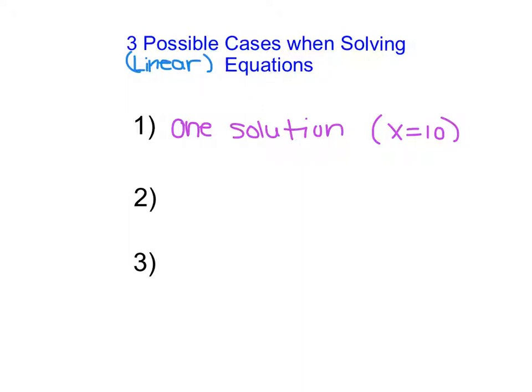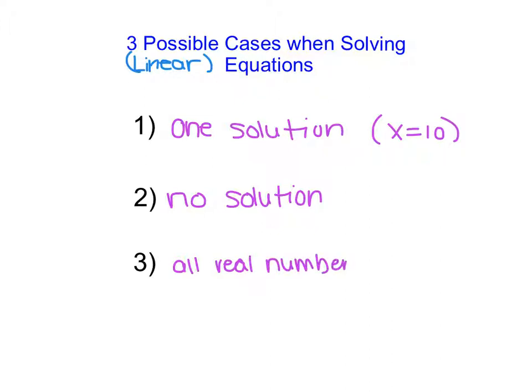for that linear equation. However, there are actually two other cases that we need to be aware of. One of them is that we will actually get no solution, and this does happen. There are situations where the equation that has been created is not possible. You cannot get a solution for x that will make that equation true no matter how hard you try. And then the third possible case is that you'll actually find an equation where all real numbers, or every number,